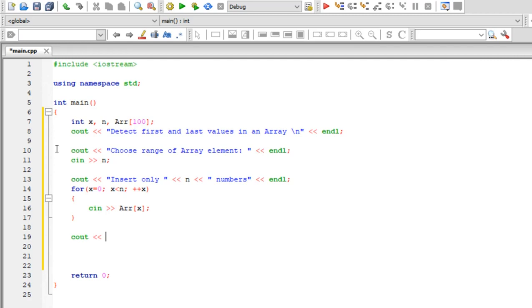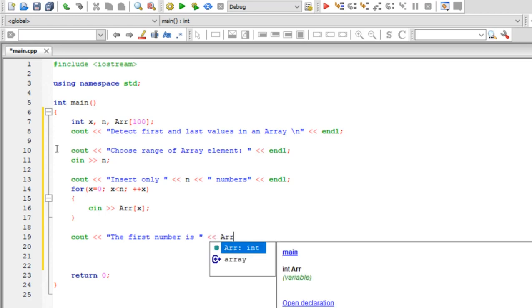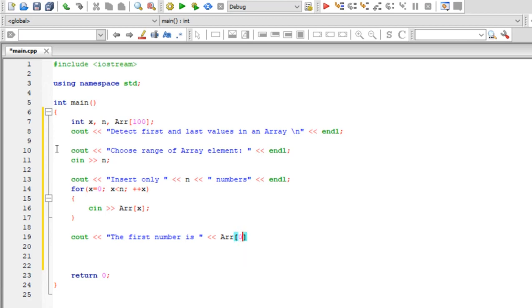So I'm going to say the first number is, and to print out the first number, we're going to use array of index 0. Okay, so the index 0 will print out the first number,